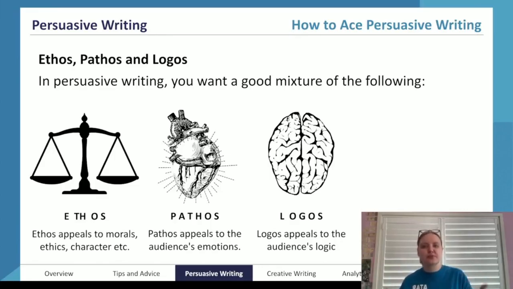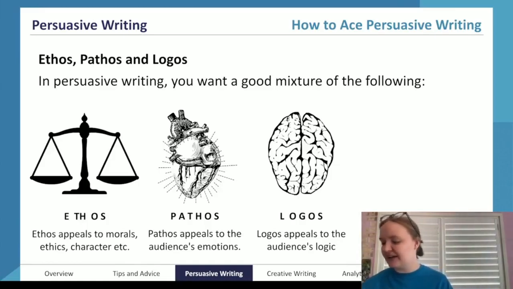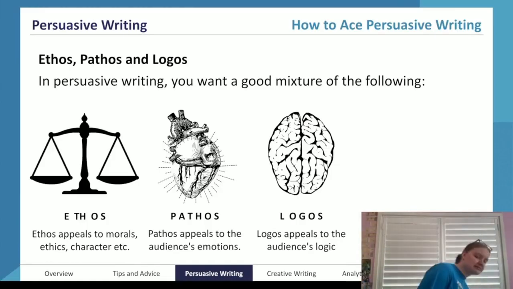How would you persuade someone that geese are more dangerous than crocodiles using ethos? How would you persuade someone that geese are more dangerous than crocodiles using pathos? And the same for logos. So have a go. I know that I've been talking at you for a while, so I'll give you an opportunity to have a write, to have a think for yourself. How might you go ahead and convince someone that this is the case using those different techniques?